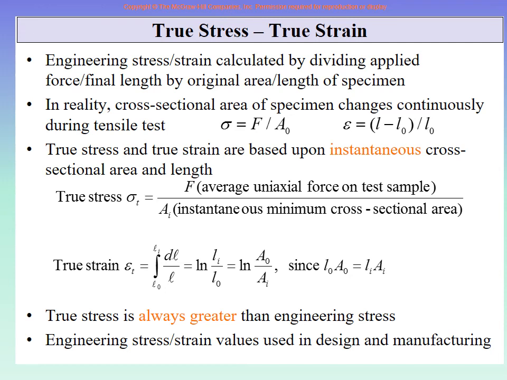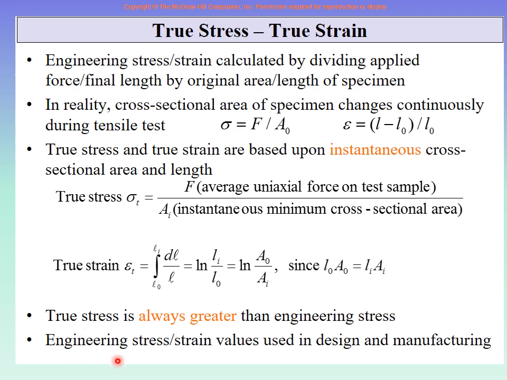But now, because it is the current area, in a tensile test, is the current area more or the original area more? Yes, you are right. The area keeps on decreasing. The length keeps on increasing. So this value in the denominator is smaller than this value. So which stress will be larger? This is force divided by a large area. This is the same force divided by a small area. So true stress will be larger. So yes, true stress is always greater than the engineering stress, right?